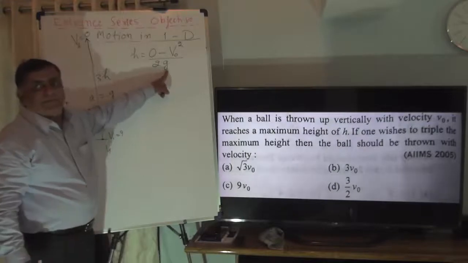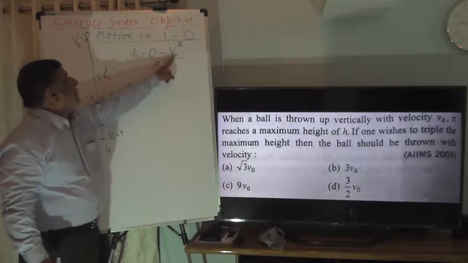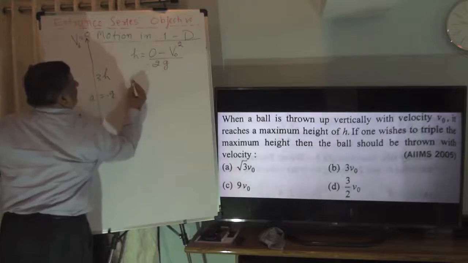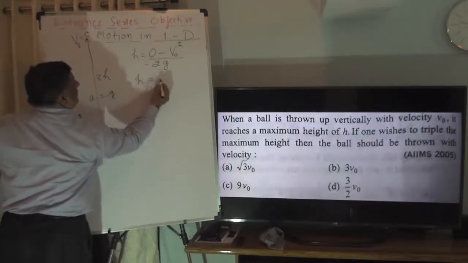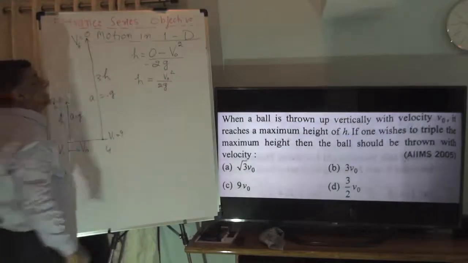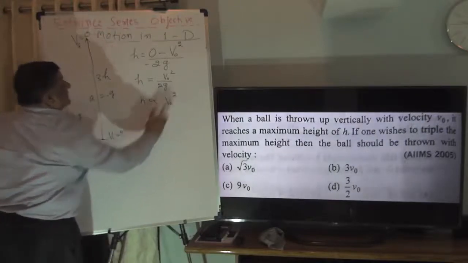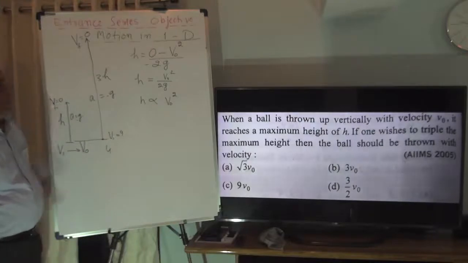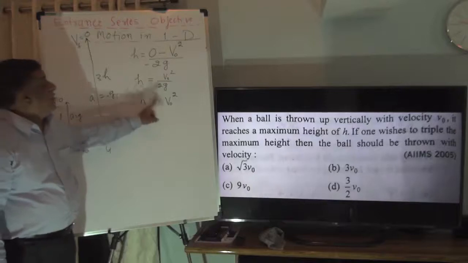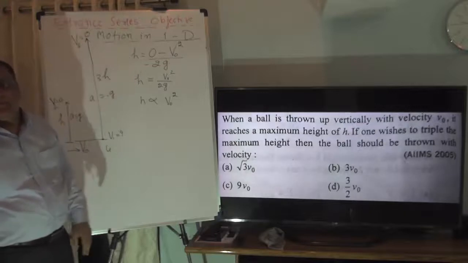Now here I am telling you another method, a very small and important method. g is a constant, uniform, it's not changing its value. Then height depends upon the square of the velocity. This g is negative, so these minus minus cancel. So h is equal to v naught square upon 2g. That means height is proportional to the square of the velocity. Now, if we have to increase the height 3 times, how much should the velocity change? Answer: it has to be 9 times.